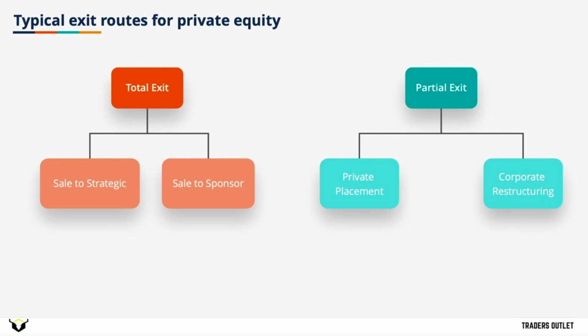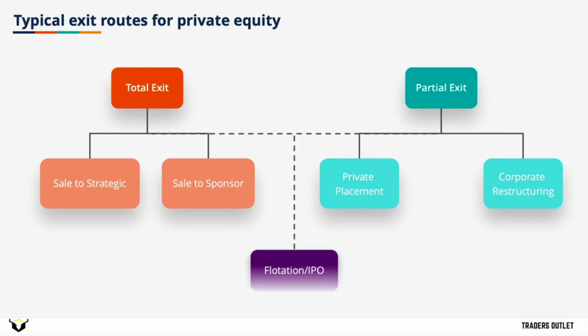There could also be a restructuring of the company, where some new investors are brought in and some old investors are taken out. And sort of as a hybrid between a total and partial exit, you have a flotation or initial public offering, which is where the company goes public. And depending on how the IPO is structured, there may be a large secondary component, meaning that the initial investors are selling a lot of their shares. Or it may be that the company is mostly raising new money and the initial investors are not selling so many of their shares. So it really depends on the initial public offering and how many of the original investors are selling their shares into the IPO.